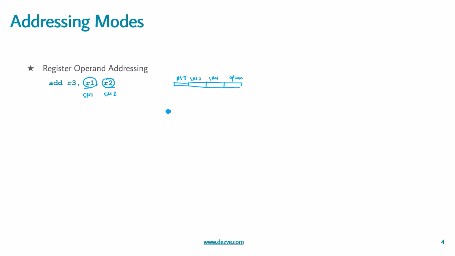So basically, if you have an ALU, this would be connected like this. R1 and R2 will be fed to the inputs of the ALU, and R3 is one of the registers in the register file. So this R3 will be connected to this. So basically, in register operand addressing, we are taking the data present in the register file, acting upon it, and then storing the result again in the register file.